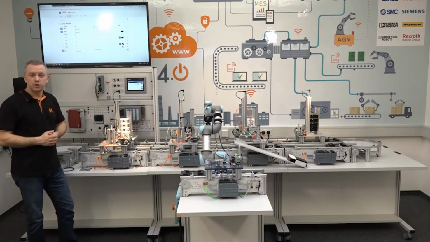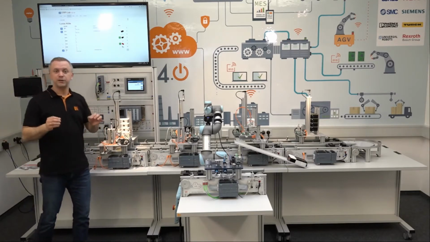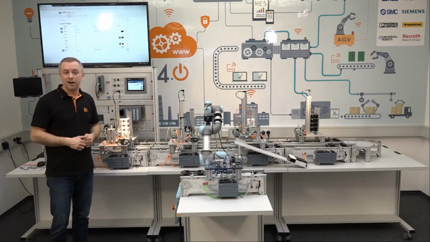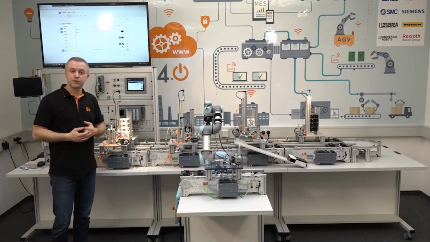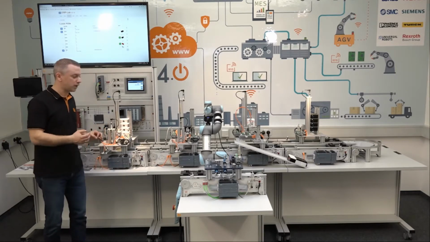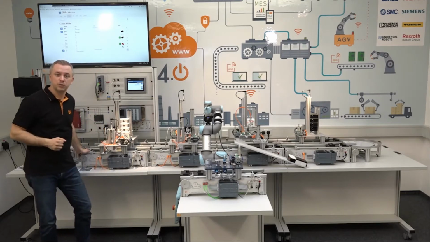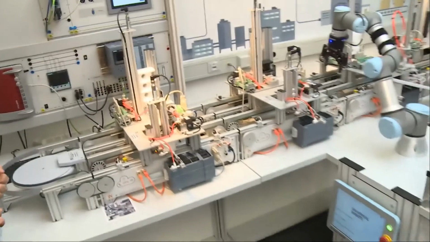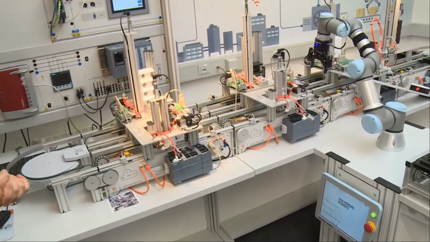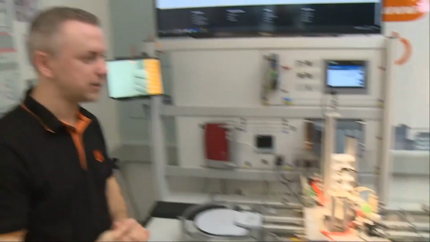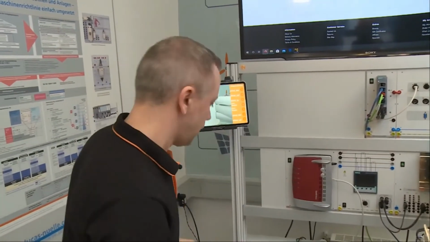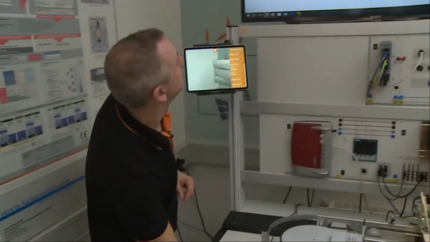What can we do also? We also have AR, augmented reality, as one topic in our system. And this is what I want to show you now. So I put everything together again. The station is already connected to the production line, and I also created an order again.